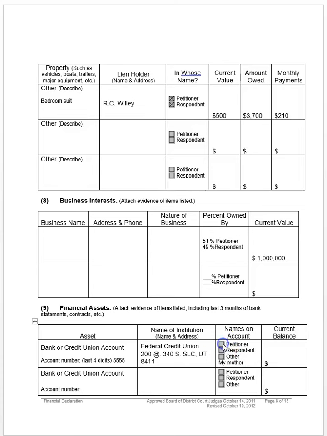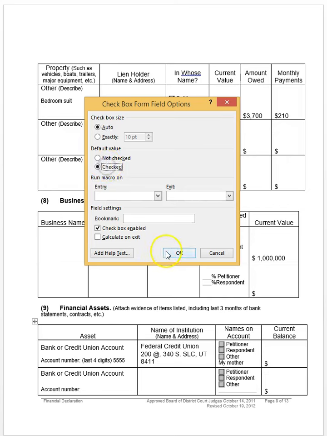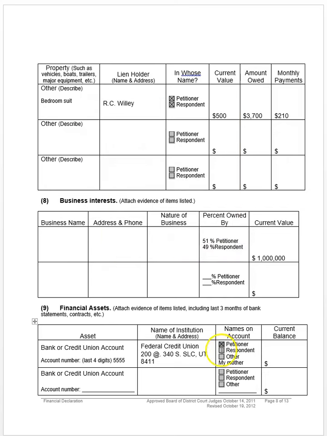Let me just click these really quick. You will also notice that if I'm going to click a lot of boxes, I could simply click them all, or I could copy and paste them, which I'm doing now. And let's say there's a balance of $3 in that account. Yes, you may think that's not a lot, and that fluctuates, right? You could write current balance, and if you want to make sure that that can go up and down, and you don't want to look like you're lying when you say $3 today, when 6 months later it says 300,000,